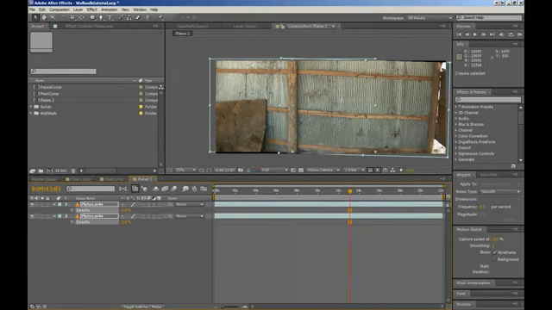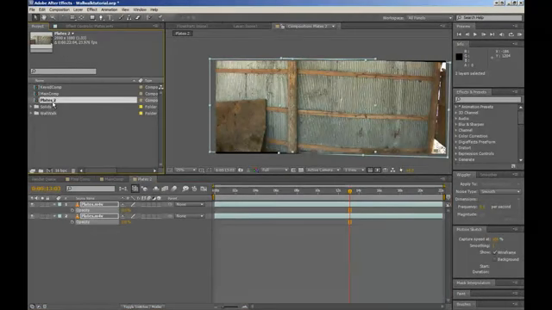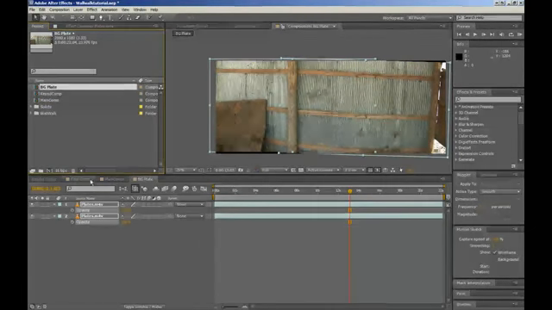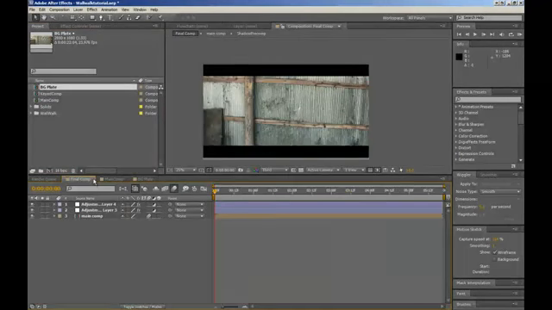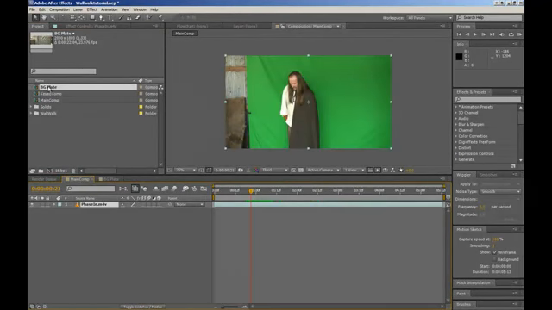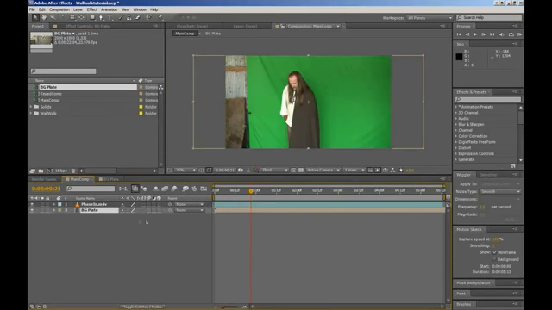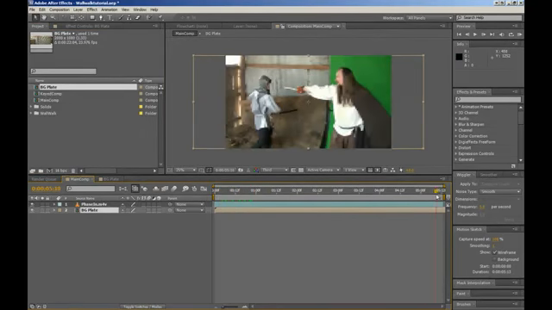So we've got our plate put together now, so we're going to go ahead and take this and name it BG plate. Now we go back to our main comp here, and we drag our BG plate and drop it underneath. Now what we need to do now is take this footage here that we've got of our two actors, and